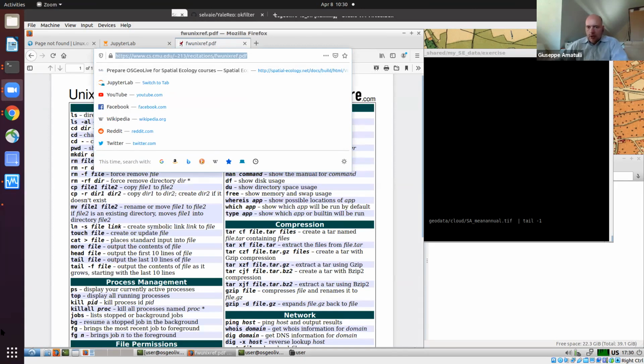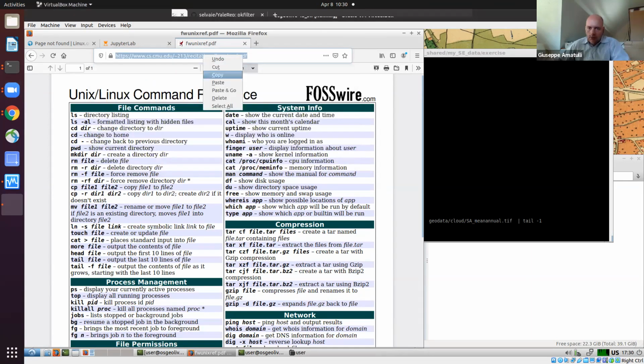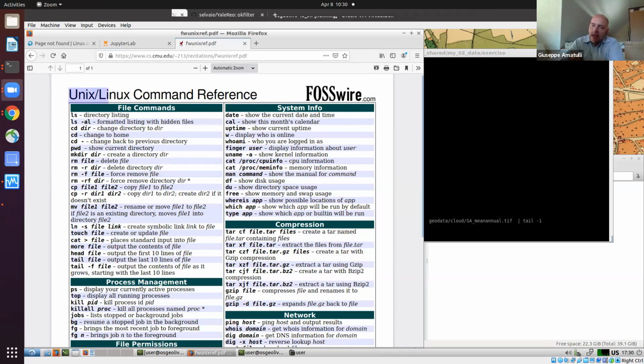So I paste in the chat. Oops, sorry, this was an old copy. Okay, my virtual Guest Additions doesn't work anyway. If you Google Linux command reference, you will get this one. So my Guest Additions is not working. I need to fix it. So yeah, please, the Unix Linux command reference is very handy, as Marianne was saying, because you have the commands